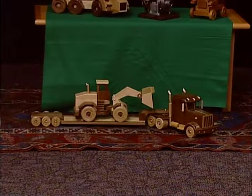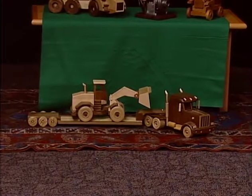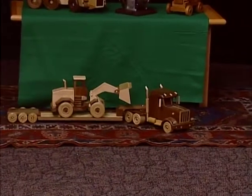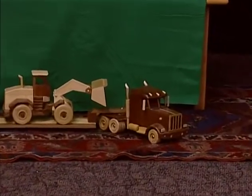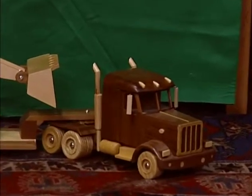Again, I went and I found a Peterbilt truck. I took pictures. I took a straight front. I took a side view, and I took a back view. And then I took that and I scaled it by measuring the picture with a dial caliper, which we use in the...